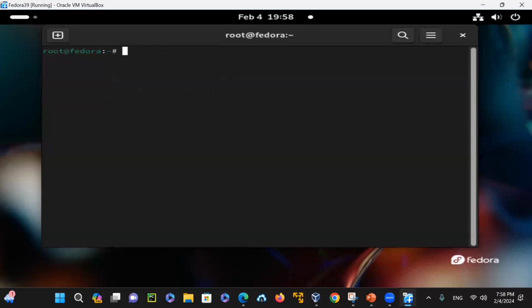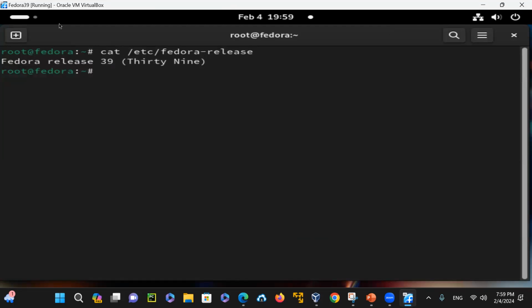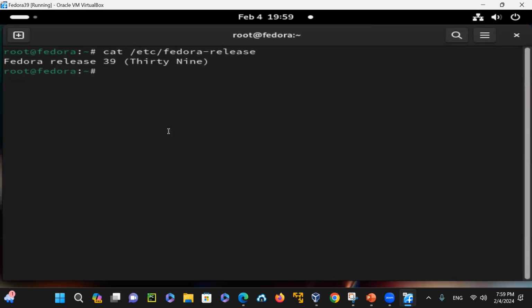You could also do a shorter version of this rather than os-release. You could say fedora-release, and you could see this one. Let me make this screen a little bit bigger, so it is much easier to read. Now, if I just say